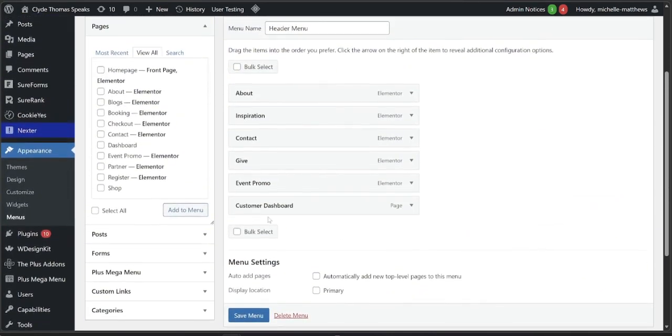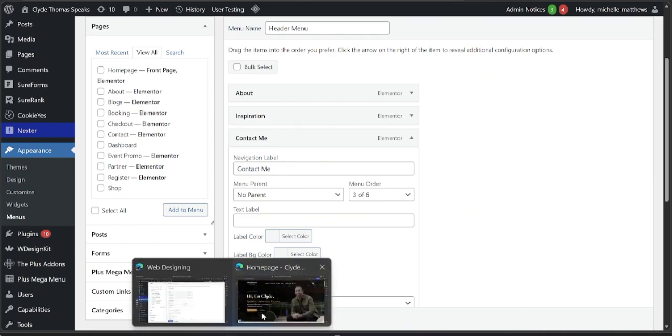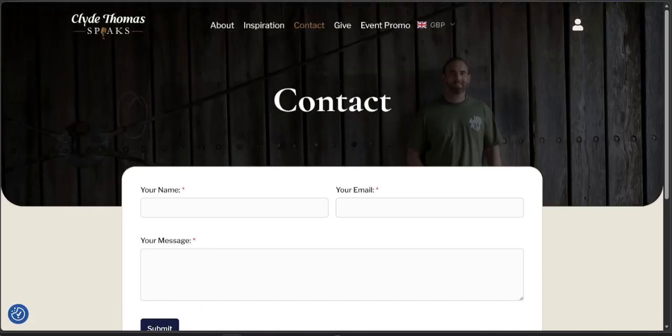Now you do have the option to change up the titles of what the menu items say. So let's just say for the contact, I don't want it to say contact. What if I wanted to say contact me? I can do that. This right here will only affect the navigation label, meaning that it will not change the page URL. So for example, if we were to go to my client site, you see this is his contact page and it just says contact in the menu. If I click on this exact page, you will see that the URL is literally just his domain name /